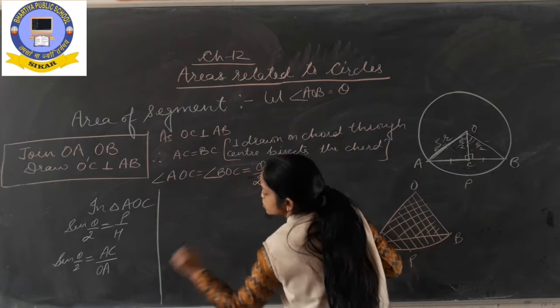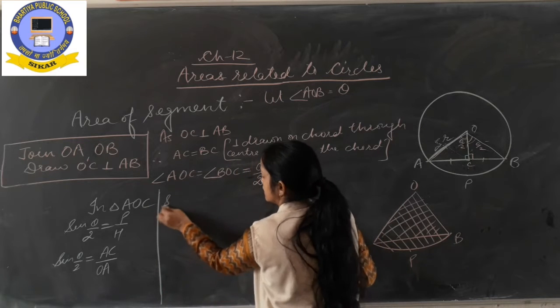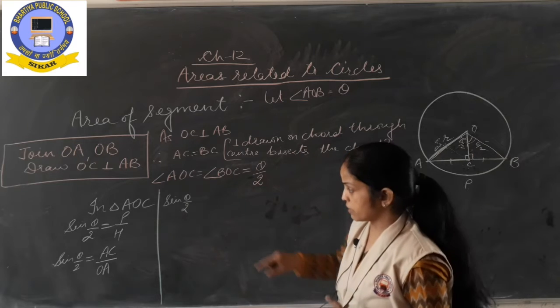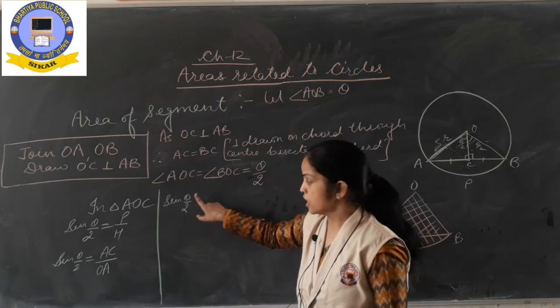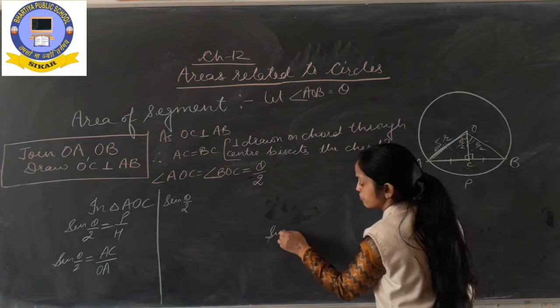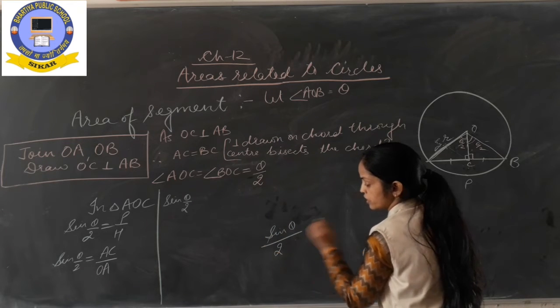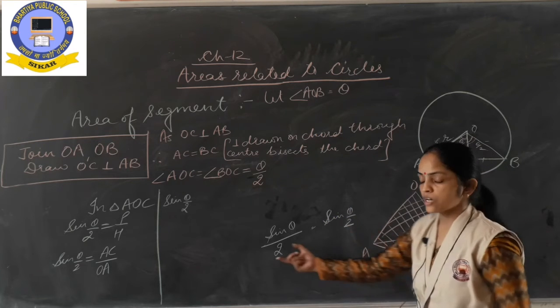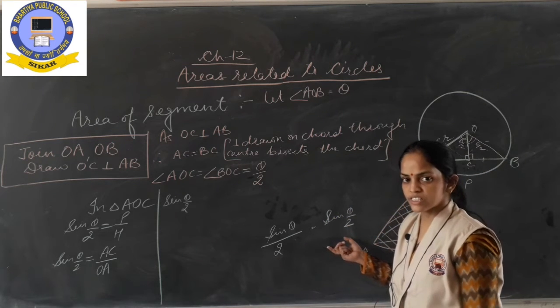Now keep the values which are known to us. Sin theta upon 2 will remain as it is. Please keep one more thing in mind, it is theta upon 2, half of theta. Okay, it is not sin theta whole upon 2. ये और sin theta upon 2, ये both are totally different. ये बिल्कुल अलग अलग चीज़ें हैं 10th class.